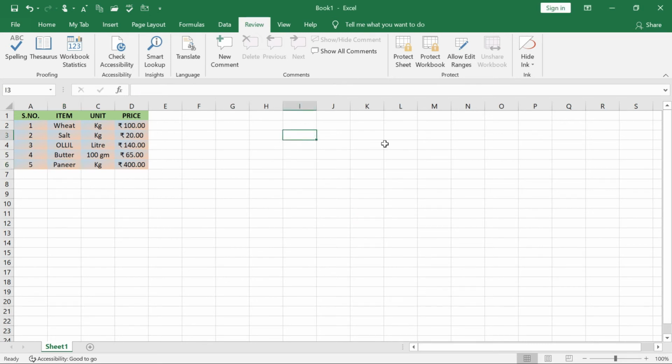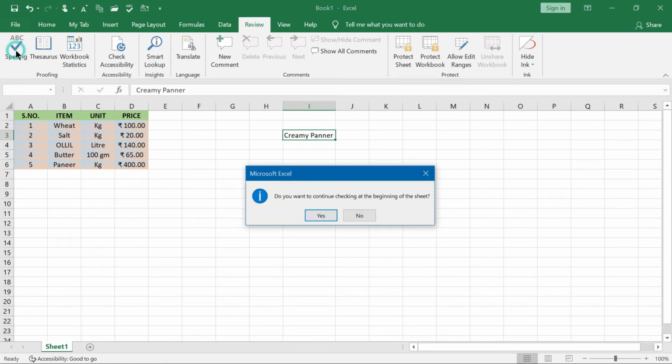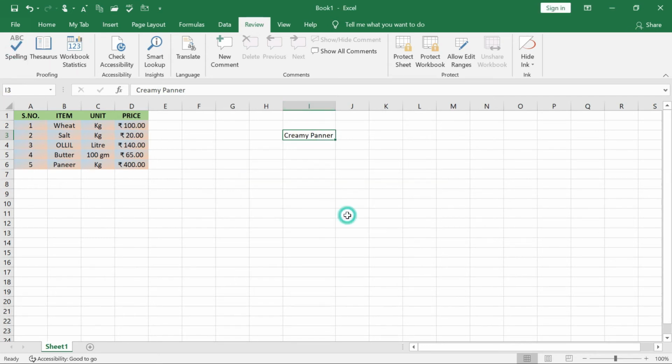So now suppose I'm coming over here, I'm typing a word out here, say, not paneer. Suppose I'm typing creamy paneer. Okay, this word I'm typing out here, this is not correct. So I'm just typing it over there and bringing it up for the spell checking. Okay, no, it is actually completed, that's why. So I'm going to another sheet to open. You know how to add a sheet, you click over here and a new sheet will be added.